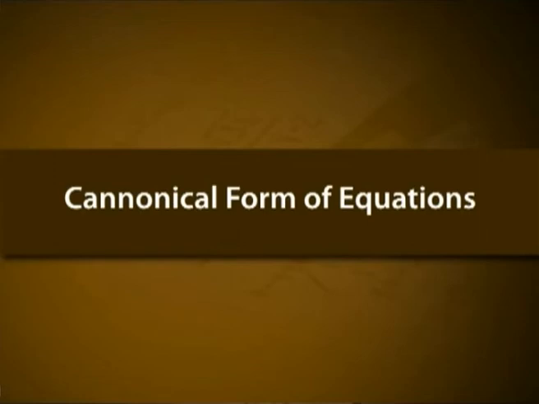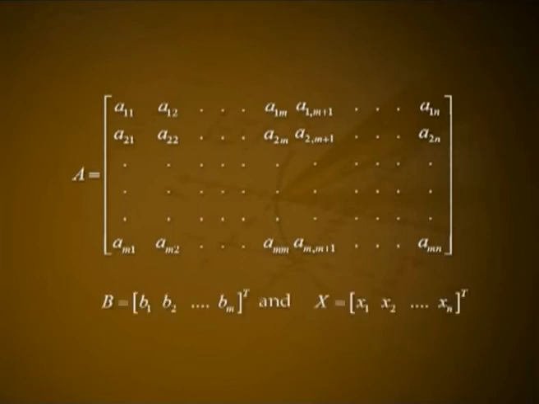Canonical form of equations. Let x1, x2, etc., xm be a set of basic variables corresponding to a system of equations Ax = b. Let it be equation number 1, where A is the matrix with rows a11, a12, etc., a1m, a1m+1, etc., a1n; a21, a22, etc., a2m, a2m+1, etc., a2n; and finally am1, am2, etc., amm, amm+1, etc., amn; and b is the matrix (b1, b2, etc., bm) transpose, and